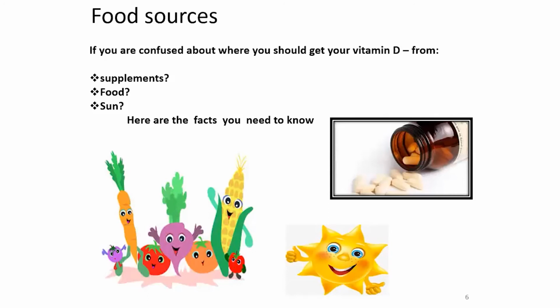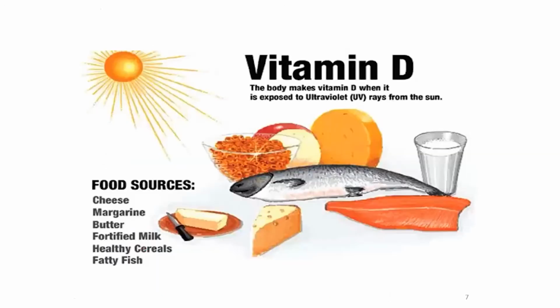Then, you may be confused about what kind of foods or supplements we need to get vitamin D. It can be available in the form of synthetic supplements, or in foodstuffs, vegetarian and non-vegetarian. Much is available through a non-vegetarian diet and even through sunlight. When the skin gets exposed to sun rays, the UV rays present in the sun help us in synthesizing vitamin D. So these are the few food sources in relation to vitamin D.